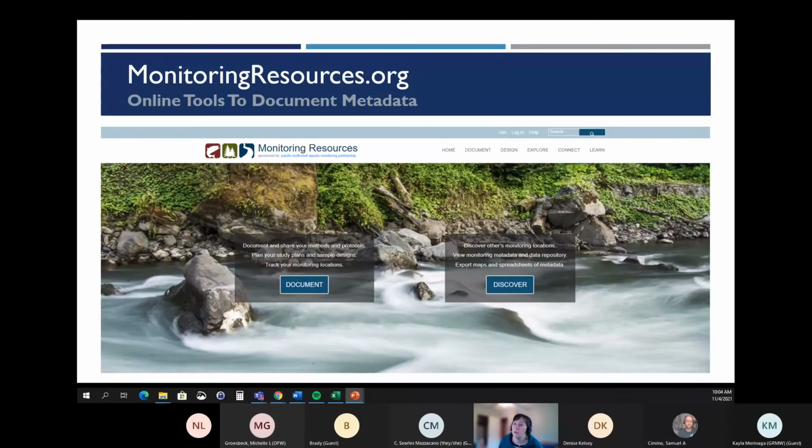Monitoringresources.org is an online tool that helps people document the who, what, where, when, and how of data collection. It's the tool that helps you write down the detailed documentation of how you collected data, where you collected it, and why. So there's a lot of detail in there. And by documenting in monitoringresources.org, next slide, please,